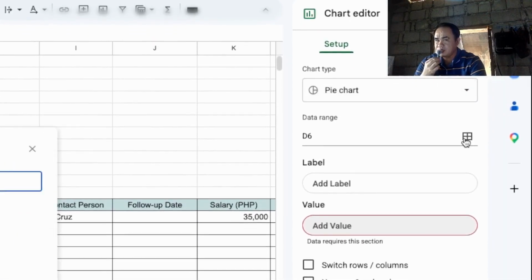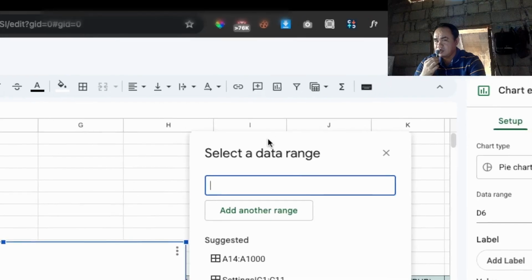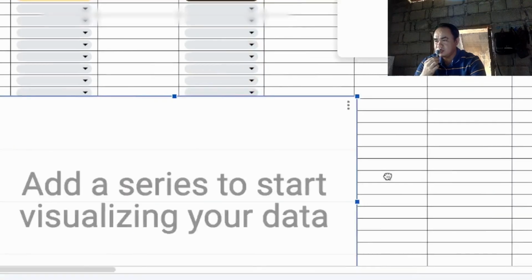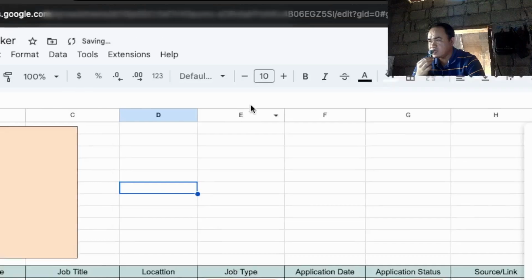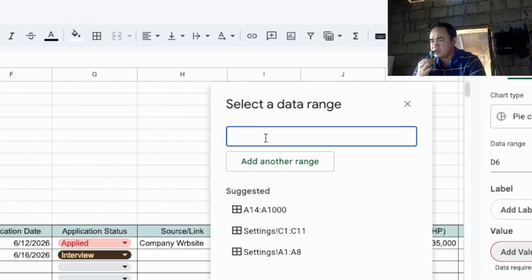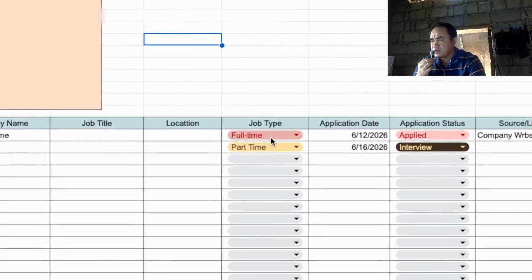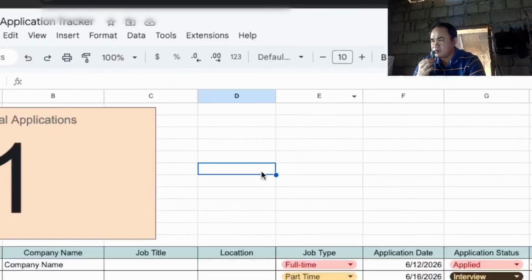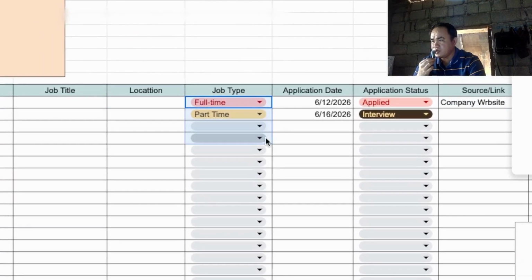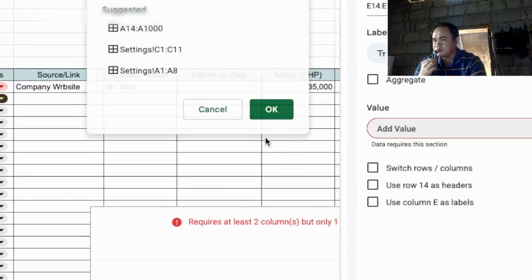So again, select data range, and then let's replace this value here, and we can move this around so we can see the cell that we are going to pick. For example, leave this open and then drag this from E14 up to the last. Okay, you can start dragging from E14 going down. Okay, you can just simply drag or highlight first three, first four, or first five, and then let's delete the end cell reference and then click OK.